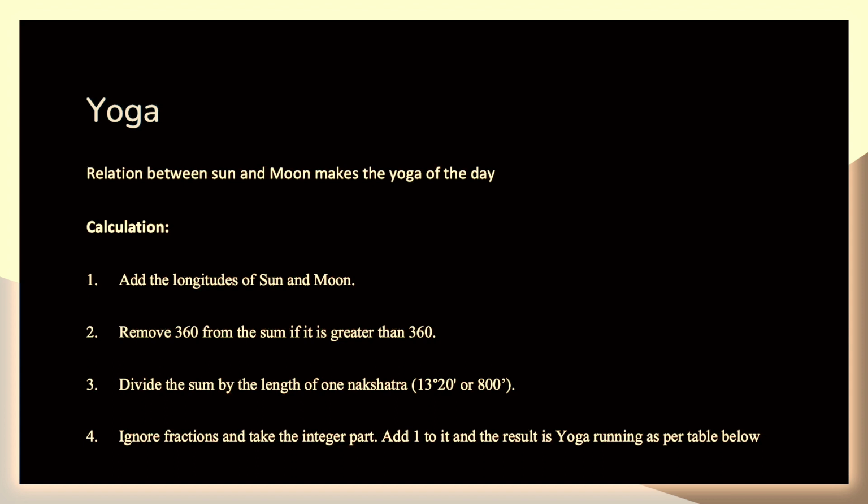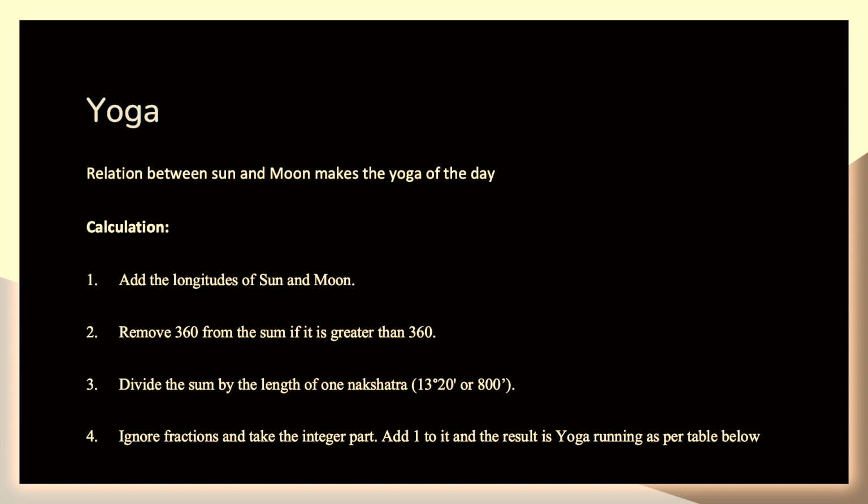So we convert the degrees to minutes. As we know, in 1 degree there are 60 minutes. So we convert it like 13 into 60 plus 20. So we get 800. We need to ignore the fractions and take the integer part only. Then when we add 1 to it, we get the Yoga according to the index I have given you